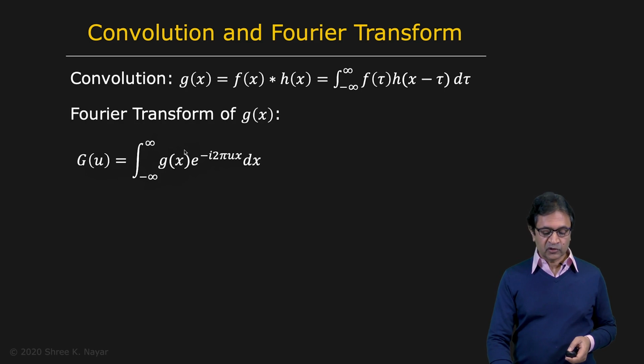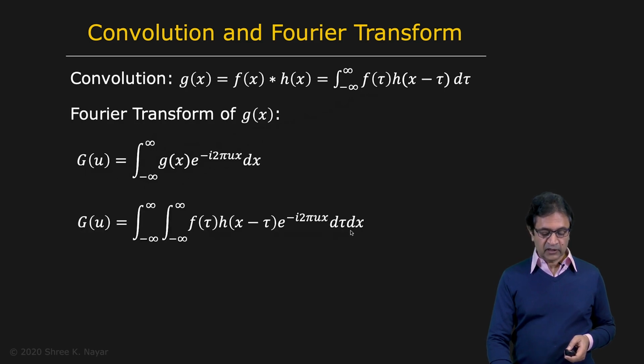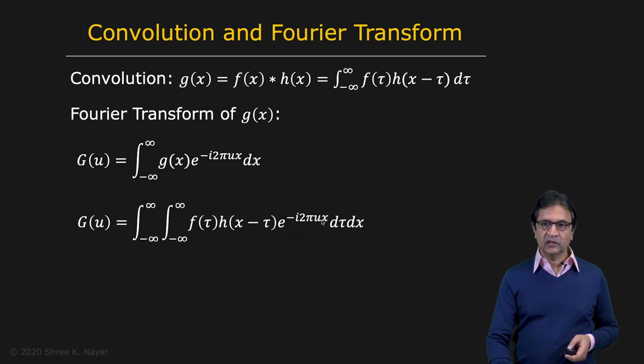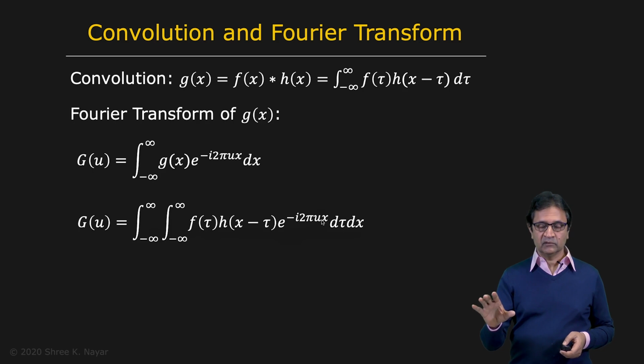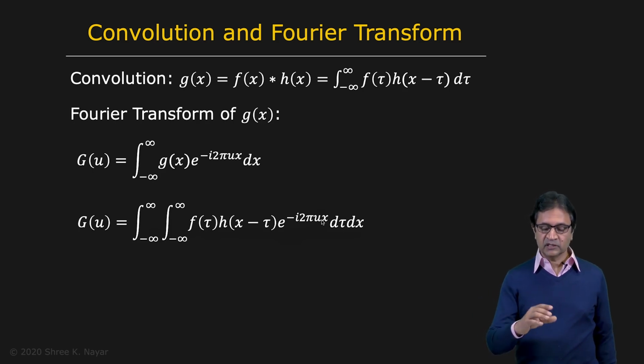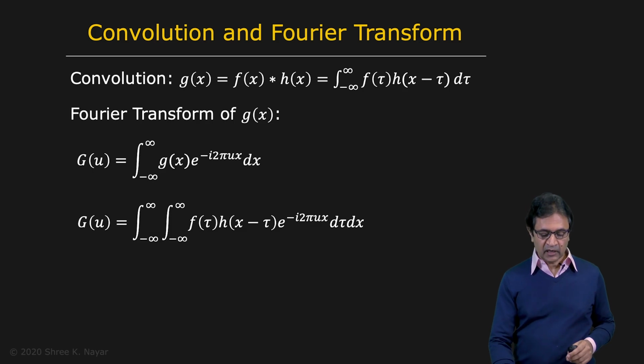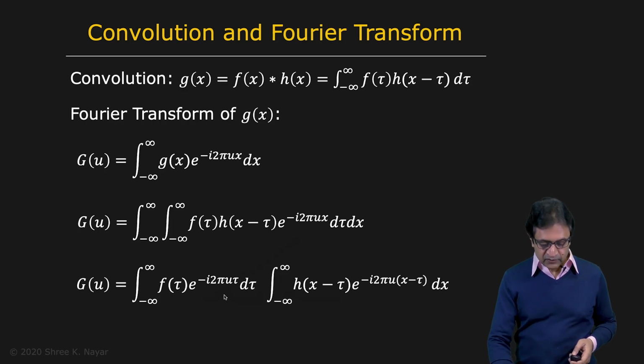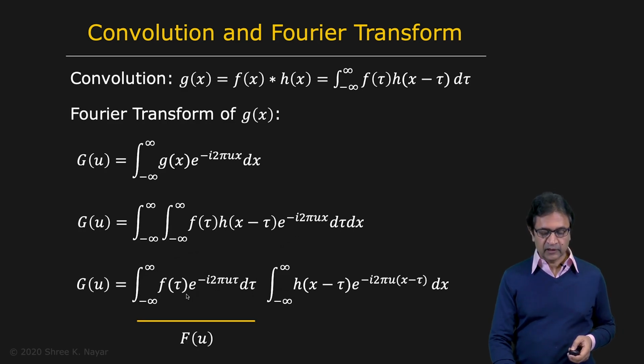And now what we're going to do is drop in the expression for g from convolution in here, and you end up getting a double integral that looks like this. And now what we're going to do is to replace u with u plus tau minus tau. So it's the same thing, but you're introducing plus tau and minus tau because that allows you to separate this expression out into two integrals that look like this, the product of two integrals. So let's first take a look at the first integral right here. You see that that is indeed the Fourier transform of f of x, right there.